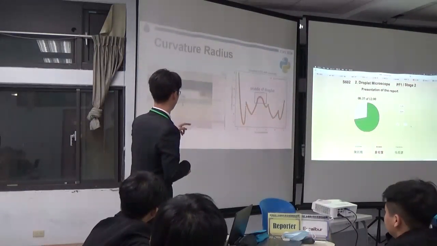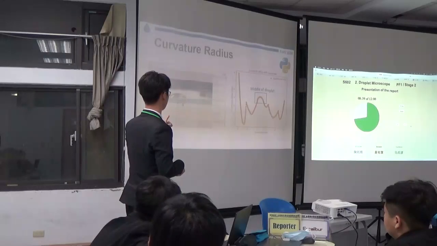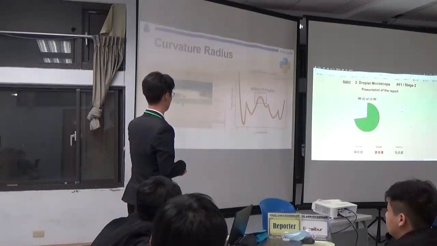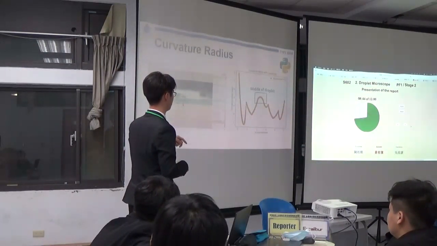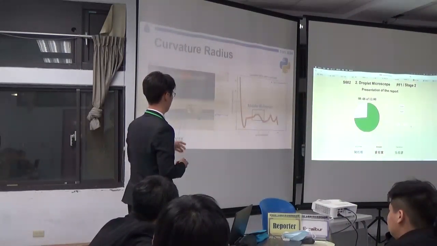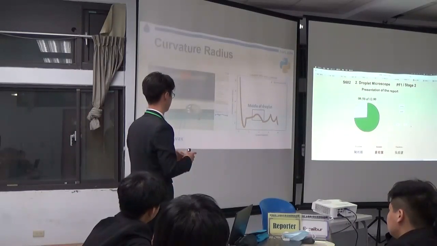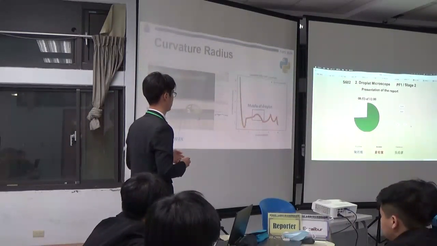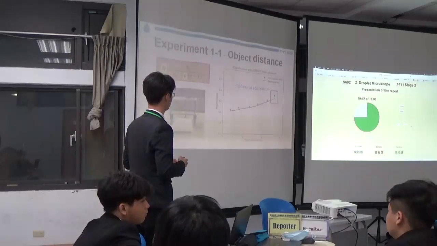Okay, and you can find that if I set the zero point as the left side of the droplets, you can find the curvature radius changes with the x coordinate. And when I smear some wax surrounding the droplets, then the curvature radius will change. So my experiment